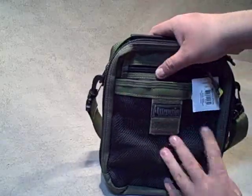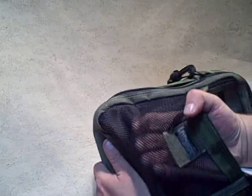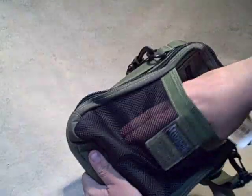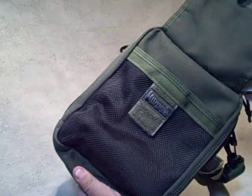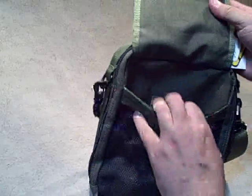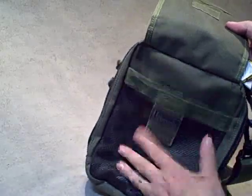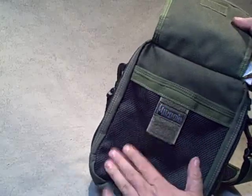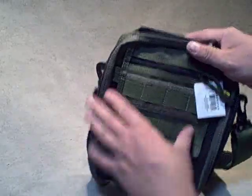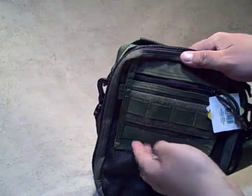And what we're looking at is a nice mesh pocket. And I'm not being gentle here at all. This isn't lightweight, fragile webbing at all. And what we've got underneath there is this flap. Now I started out the video with the flap on the inside, but with the way the Velcro's set up, this pocket will still connect to the Velcro and stay secure, and this flap with its Velcro will come down and stay secure. So now you can take this sort of flap, which is a pocket, with some PALS webbing